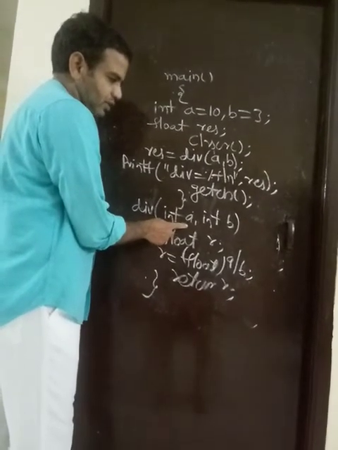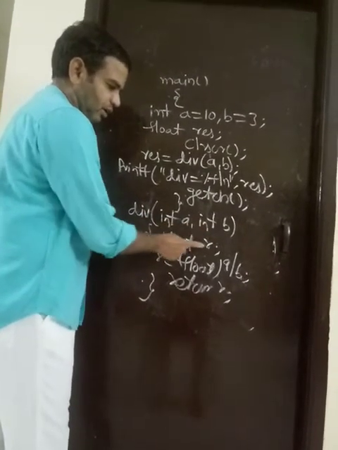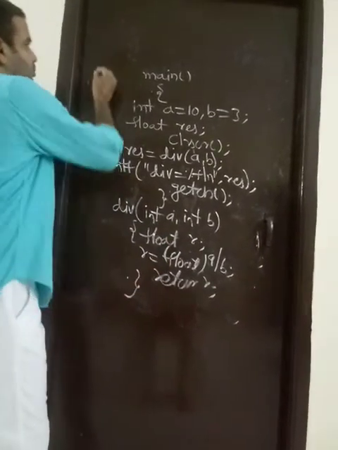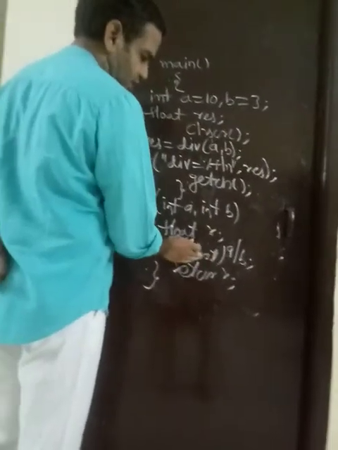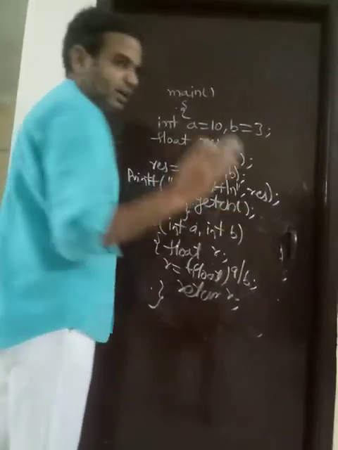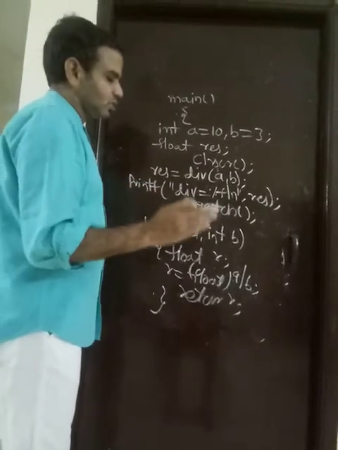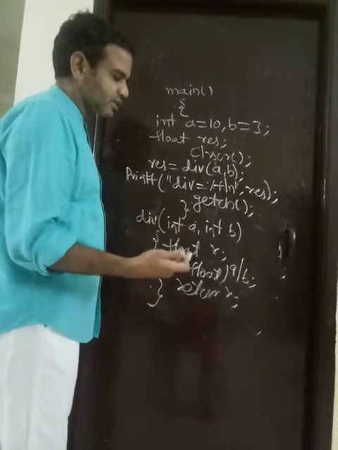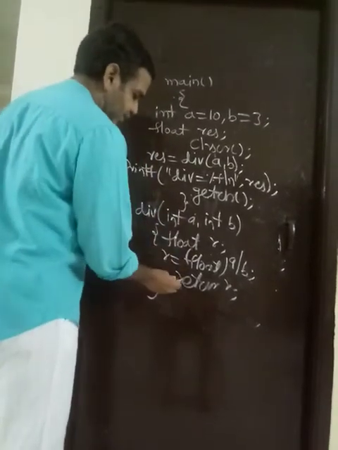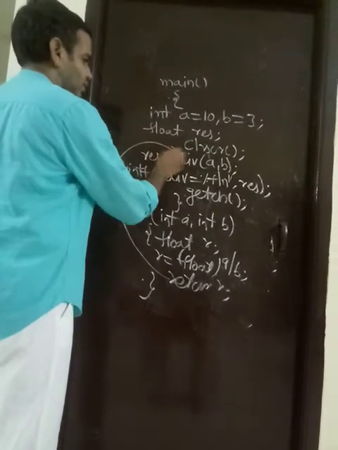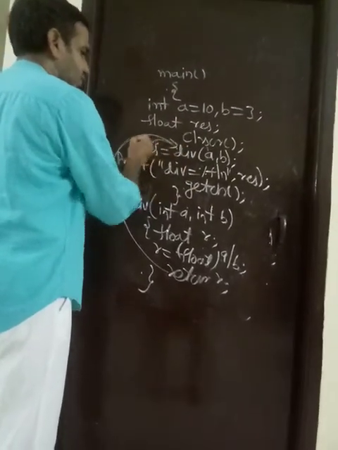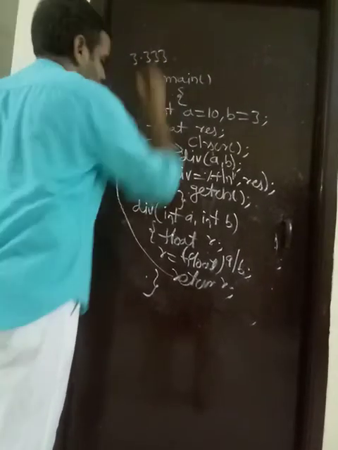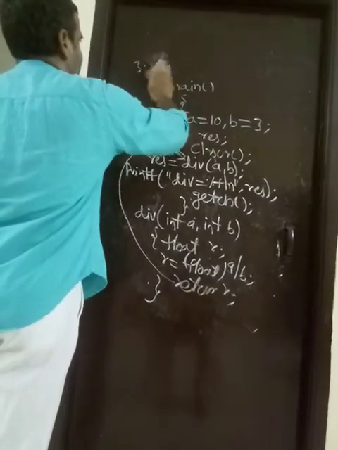Float, that's why for division we are getting a float value. So I am taking a float result. Division A comma B. So here A, B will be passed here. The subprogram will receive through A, B only. I am taking R equal to float of A by B. So 10 by 3, commonly we are getting 3.33 because typecasting is there. A, B are integers. Integer by integer is integer. So to explicitly specify float of, this is called typecasting. Otherwise we are getting the result as 3.00. So R we are returning to here. So here the division value we are assigning to here. Actually what we should get, 10 by 3, we should get 3.33. But in this problem we are getting only 3.00.